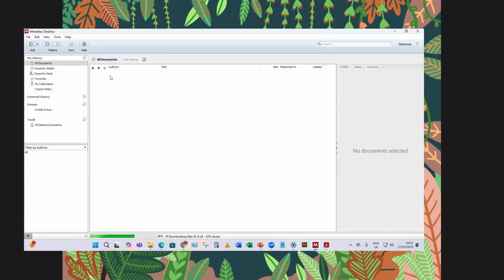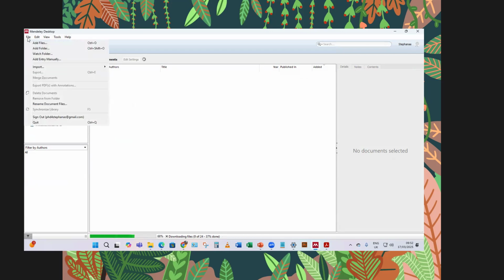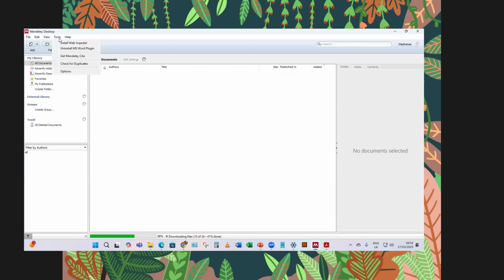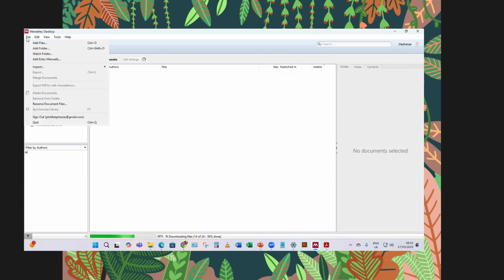It has 3 panels: the panel on the left, the panel on the right, and the middle panel. Our business starts from the main menu on top, which has File, Edit, View, Tools, and Help. Because of time, we may not look at Help, but we are going to look at the first 4. When you go to File, you can add files, add folders, watch folders,